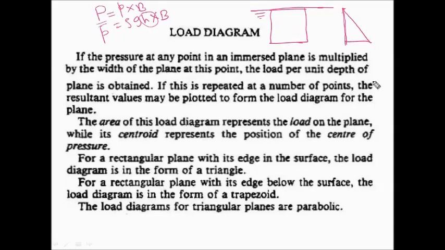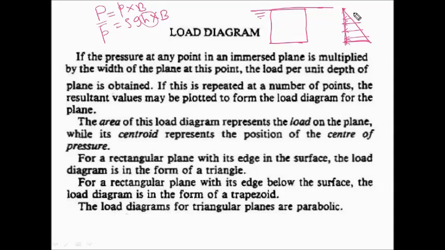So it is varying linearly. That's the reason this straight line came here. Okay, so like this you can do the calculation and draw the diagram of the pressure, which is called a load diagram. You can show it like this, and the length of the arrow shows the magnitude of the pressure.